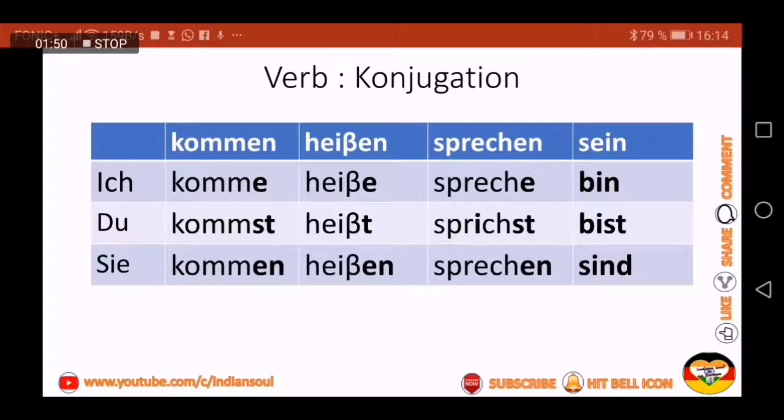And then you see this verb sein is totally different from all the verbs. It has a different kind of conjugation, and it changes completely. So with ich it's ich bin, with du it's du bist, and with sie it's sie sind. Right now we are working with these three pronouns only, but we are going to learn more. But right now this much is sufficient for us.